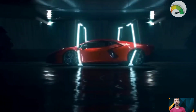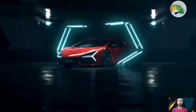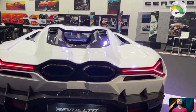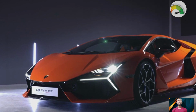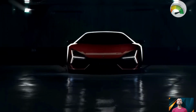Unlike the old Aventador, which was heavy and hard to control at high speed, the Revuelto feels lighter and more manageable. It's because of the electric motors and the way they work with the gas engine. The Revuelto has a small battery that charges quickly. You can charge it fully in just 30 minutes with a special charger, or even faster when you brake and